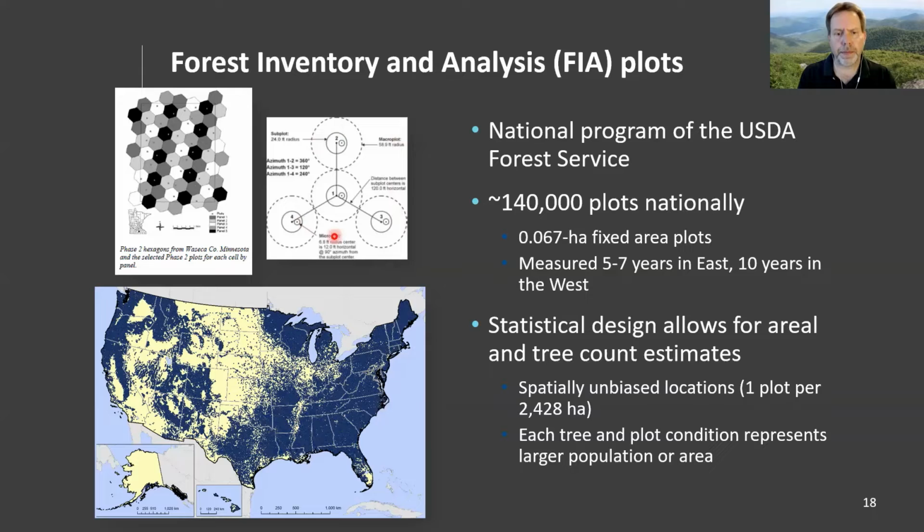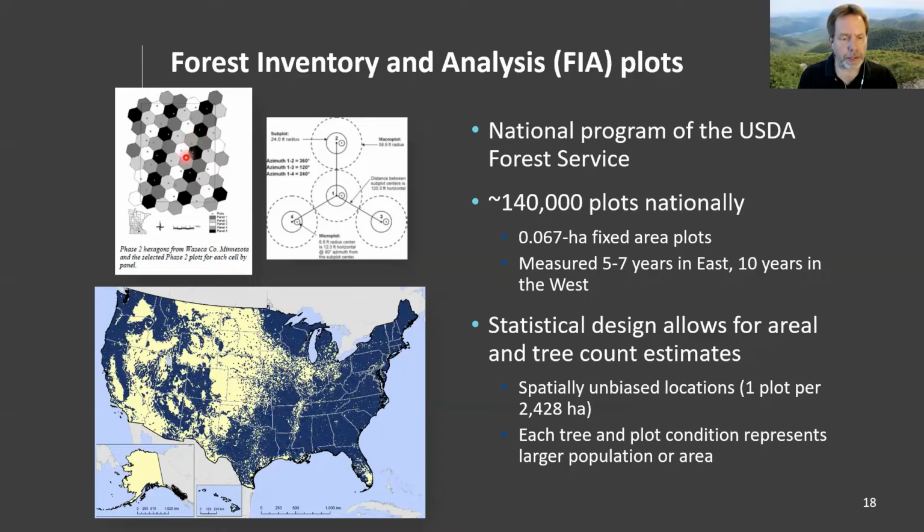These are all fixed area plots, identical design, measured every 5 to 7 years in the east, 10 years in the west. And it has this really nifty statistical design that allows for areal and tree count estimates because the plots are spatially unbiased. So the FIA program divides the country up into these hexagons of approximately 2,400 hectares, and then